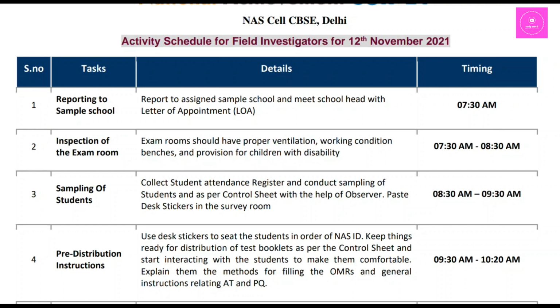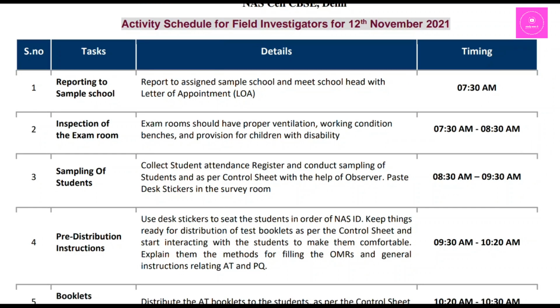Inspection of the exam room: it should have proper ventilation, working condition, benches and provision for children with disability, 7:30 to 8:30. CWSN means child with special needs. They will sit on the ground floor.